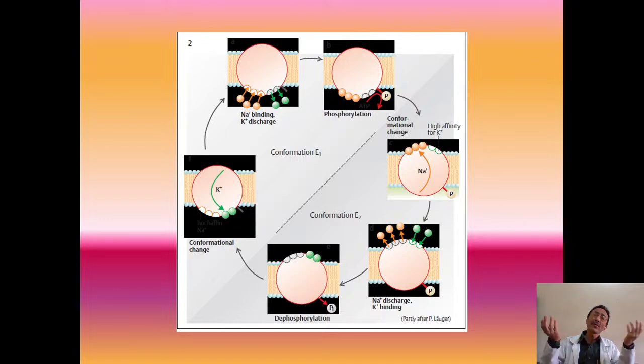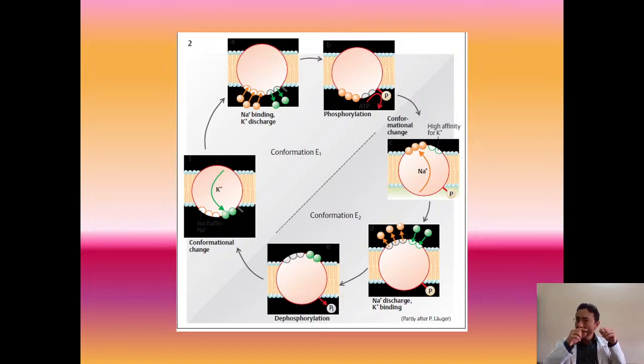When there is a loss of positive ions from inside to the outside, the electronegativity is maintained. Remember, in the earlier classes on the cell membrane, it would have been made clear to you that every cell has negativity inside the cell. The negativity is maintained because of the high amount of proteins and negatively charged particles remaining inside the cell. And they remain inside the cell because they cannot be transported out of the cell because of their big size. So always there will be a negativity inside the cell.